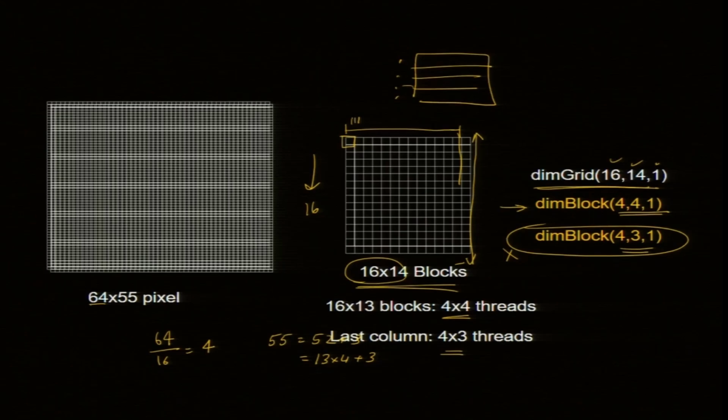For the last one, you have to be careful. You should be accessing data which is there, not accessing data which is not there. So, that is why you need care, and it is best to organize your data as 2 to the power n. Do not organize like 655. You are doing your simulation, it is in your control. Of course, if the data is given to you in this format, then you can't do much, but if it is in your control, you should use 2 to the power n. At least divide equally. I would have liked it to be 52. So, divide it in such a way that threads are even in all the blocks.